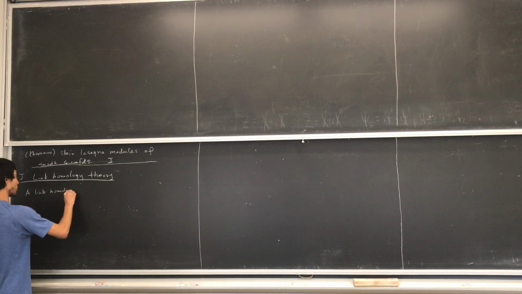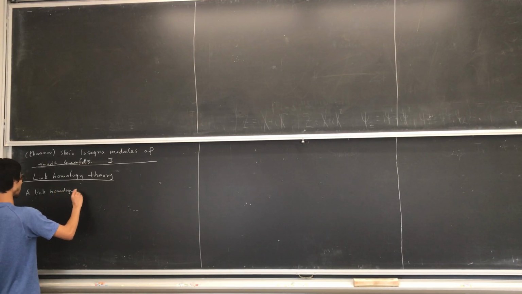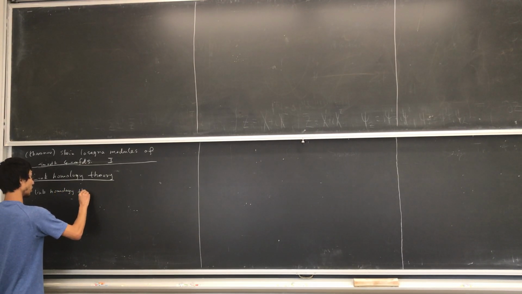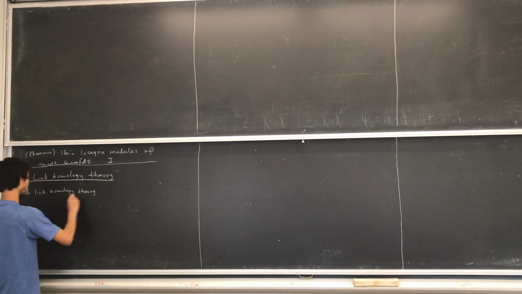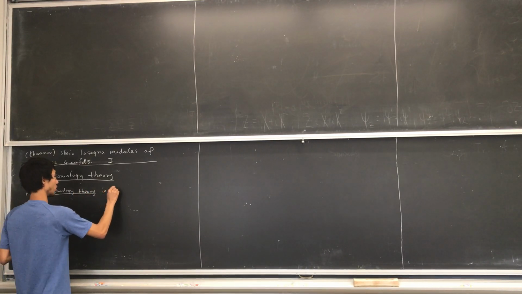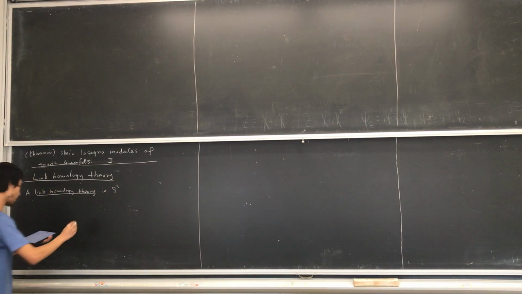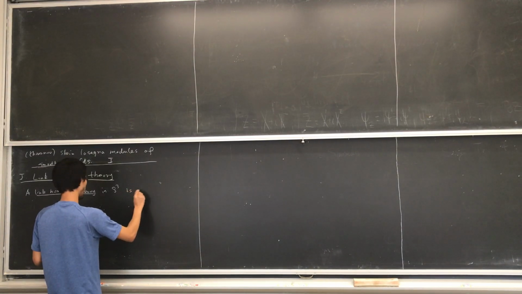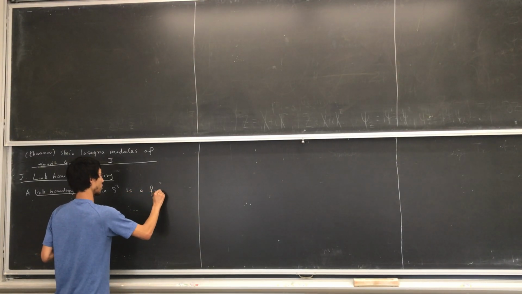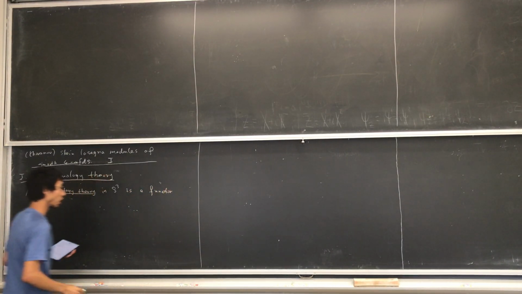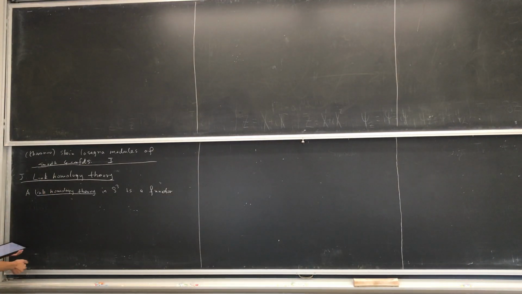So I will be restricting to link homology theory in the three-sphere. Link homology theory is nothing but a functor. I'm not going to state this in a more general way, but let's just say this functor is called